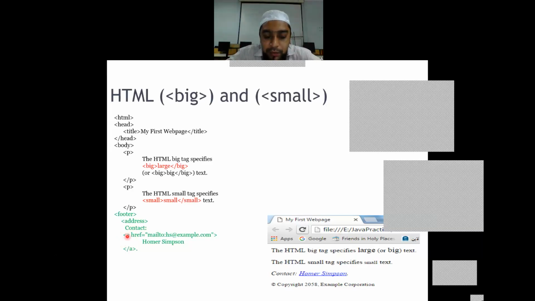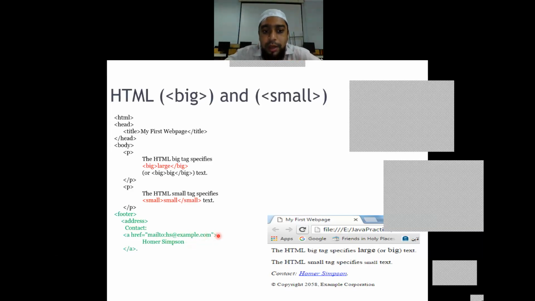This anchor tag is going to have an attribute called href, the hypertext reference, and this will mention where we will be navigating. So I need to navigate to mail to this particular person, to send an email to this person. So I'm telling it to navigate to mailto this particular email address at so and so.com.